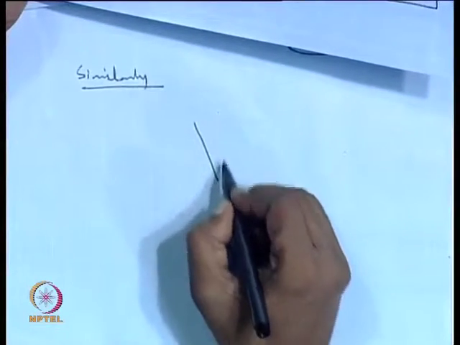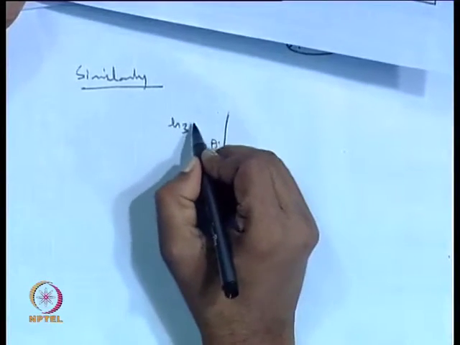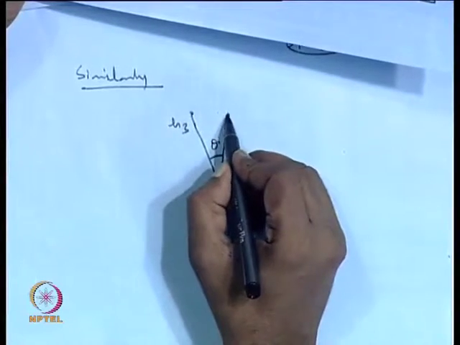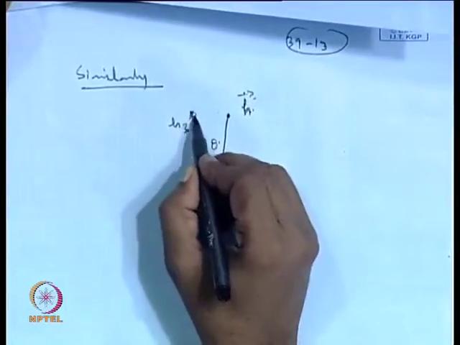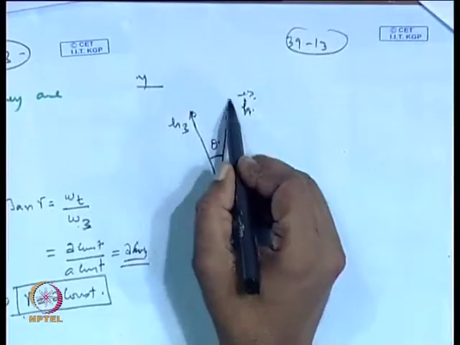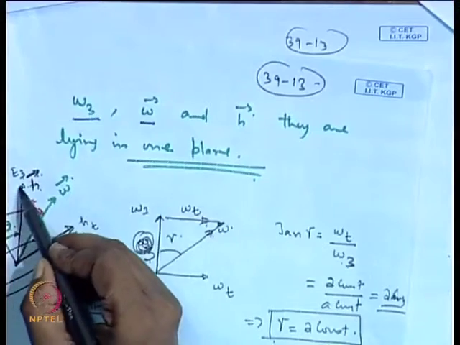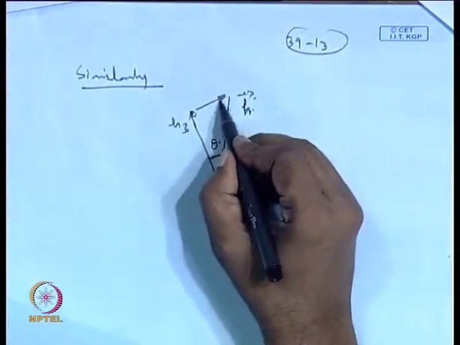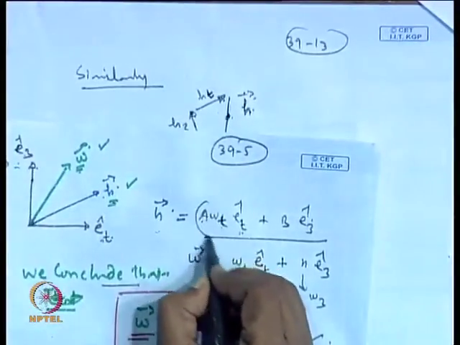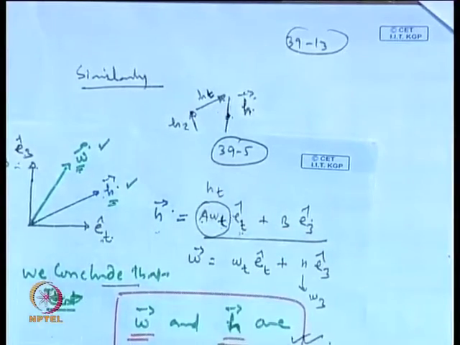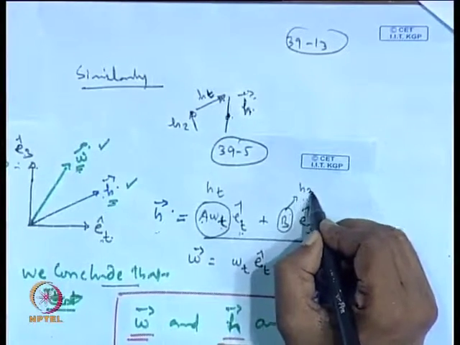So, we have this angle, this is your theta angle, this is your h 3, okay, and this is h. Okay, now, look from this place. Along this direction you have the h t. So, we can join from here to complete this vector. This constitutes your h t. In this equation what we have done, this is the quantity which is present here, this is nothing but your h t, and b which we have written here, this is nothing but your h 3.